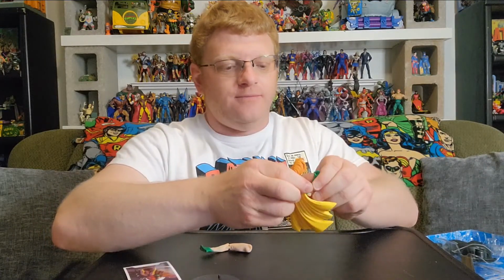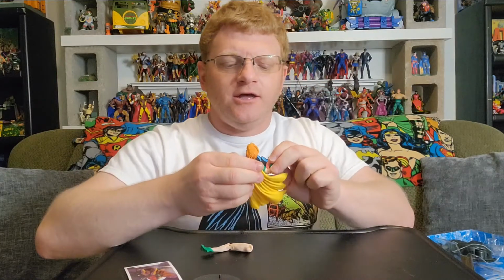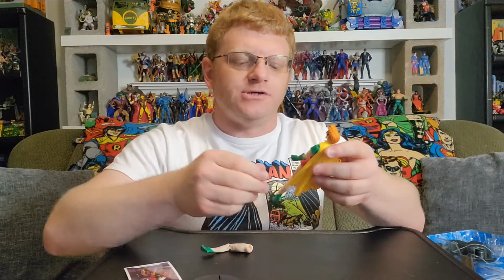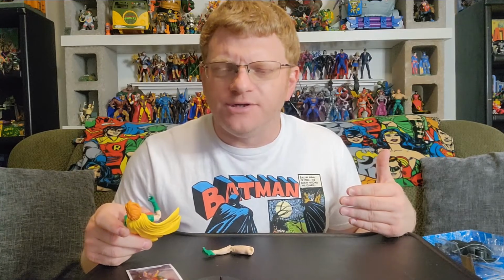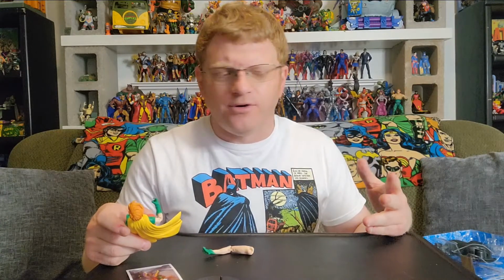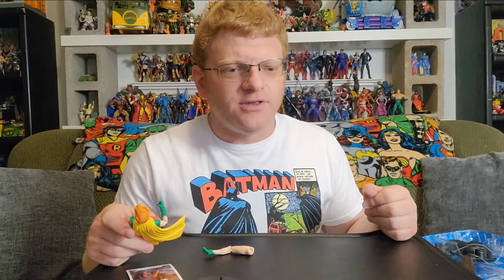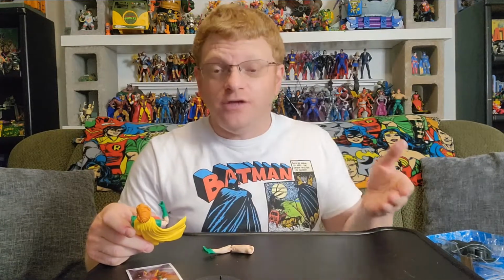Whew, okay. So this is my first ever Carrie Kelly Robin action figure. I know a few have come out in the past. For one reason or another, I just didn't get into buying Dark Knight Returns action figures. And I think I'm going to go back and pick up... A Mutant Leader came out not too long ago in a different series. That might have been from Mattel or DC Direct. I don't really remember. I know at least the Mutant Leader came out, and maybe a Mutant as well. But certainly there was a Batman and a Robin. I believe a Joker and a Superman as well. I could be wrong, but...